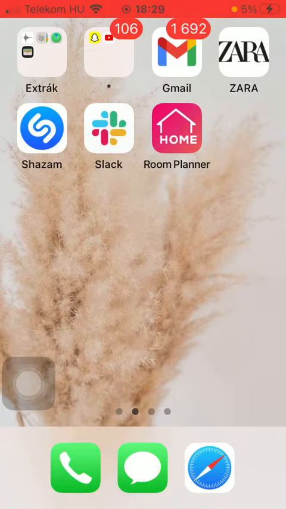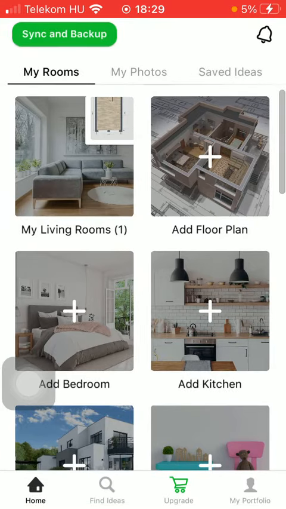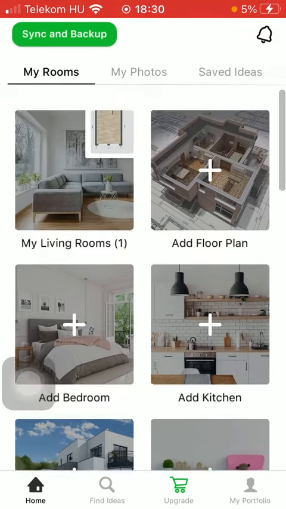So let's jump into it. First of all, open the application on your phone. Tap on the home icon down below, which is the first option. Click on the My Room section at the top, and here you should select